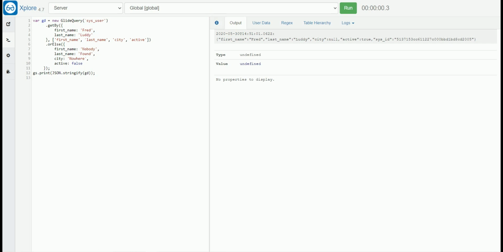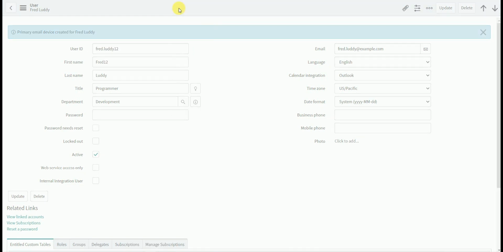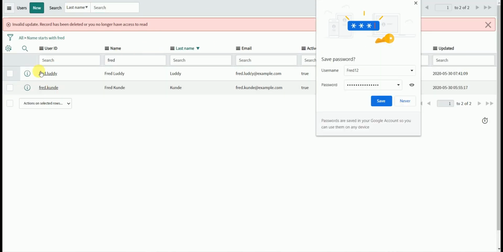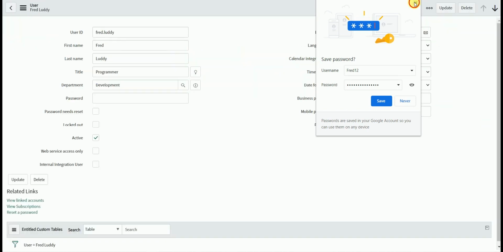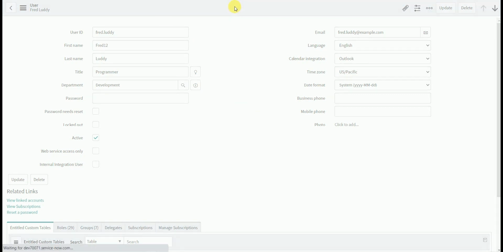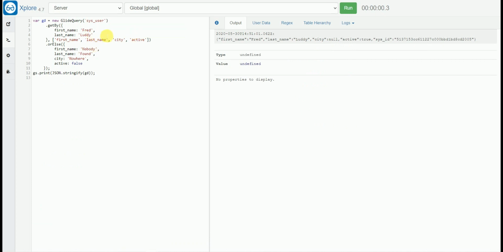Here is that record, and I'll modify its first name, and deleted you no longer have. So what's the issue, man? I do have access. Fred 1 2. Oh, it might be the other record. No issues. Now we have Fred 1 2 as our thing. Let's check if it is bringing it. It will run the else part. Yeah, if I put in Fred 1 2, it will bring that record.